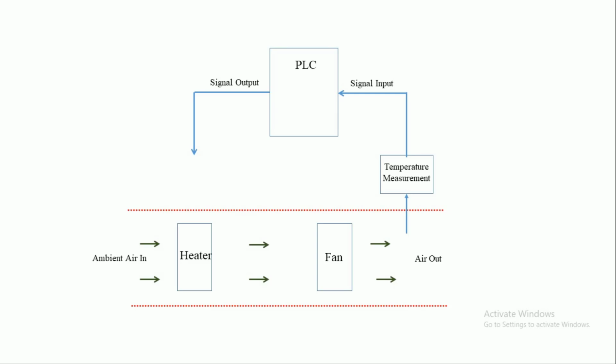To drive the heater using the PLC analog output signal, we can use an analog signal to PWM power converter, which receives the PLC output signal as input and provides a PWM power output to the heater. Thus, based on the PLC analog output signal, the PWM power converter continuously adjusts the heater power to achieve the required